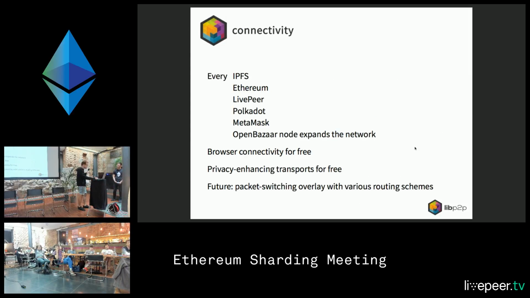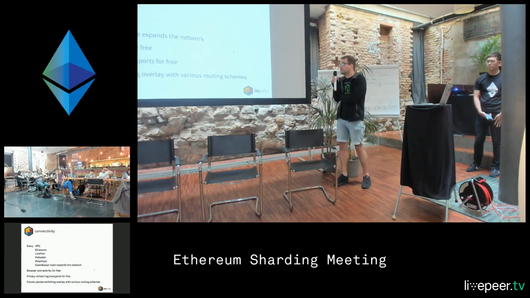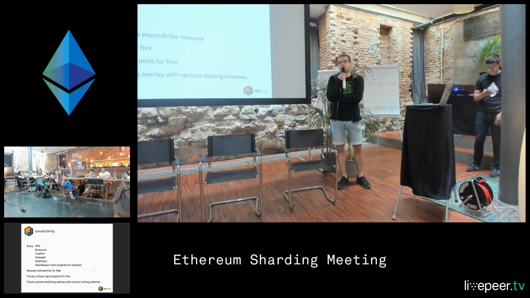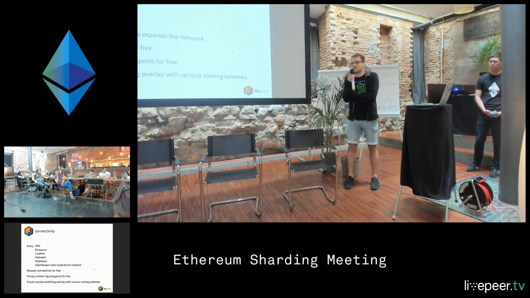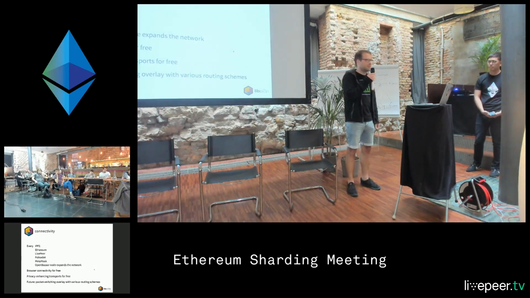One point that's pretty dear to me, and that's the last slide, is that if you pick libp2p as a foundation for your application, and you make it run on the general public libp2p network, with every node of another project that joins the network, you gain connectivity advantages.